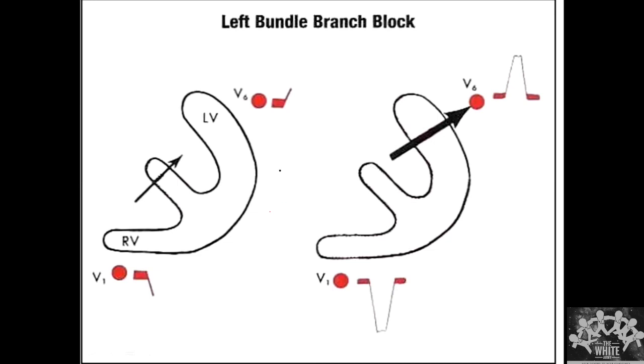So the next part is the left bundle branch block. This is also very simple. So what is happening? Here there is lead V1, and the same with lead V6. Initially, as I said, the left bundle is not able to activate the septum from left to right. So the first activation happens from right to left. If it is happening from right to left, this lead, as expected, will show a negative deflection, and this lead is going to show a positive deflection.